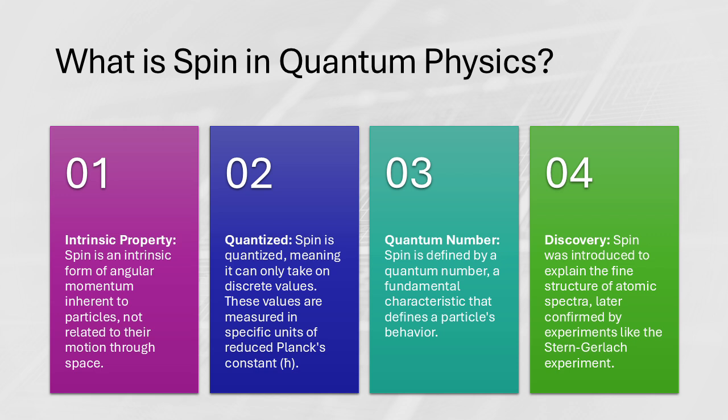So if you measure the spin of one particle, let's say you find it's up, you immediately know the other one has to be down. Doesn't matter how far apart they are. Wait, so you're saying if I measure one particle here, the other one somewhere else instantly changes its spin? How is that possible? That's the big question with entanglement. It seems to defy everything we know about cause and effect, about how things work in the world.